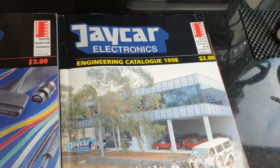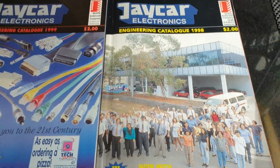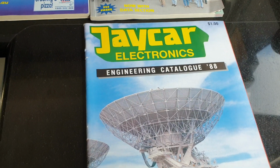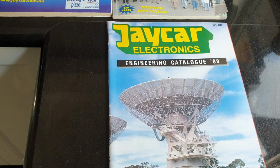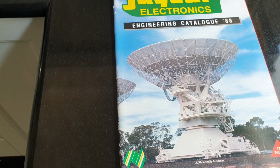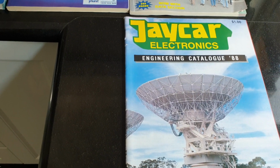In '98, they were sticking to $2, and that was a shot of their new premises. And they were advertising the fact that now they were doing like Dick Smith with the data section, which was very smart. And that's what made these collectible, to be honest, is you had these reference sections. Now this one really goes back, $1 and 1988. So look at that. And that's the CSIRO telescope there that they used as a...